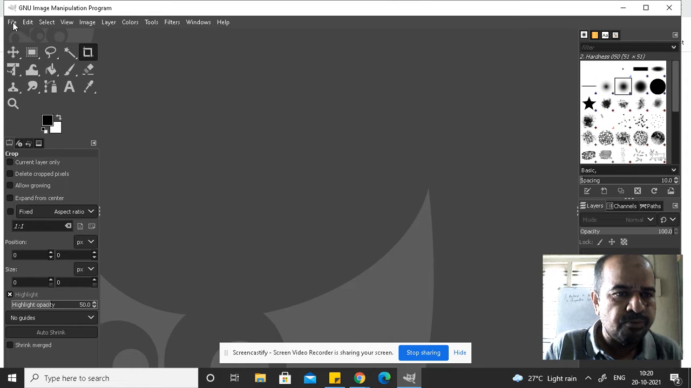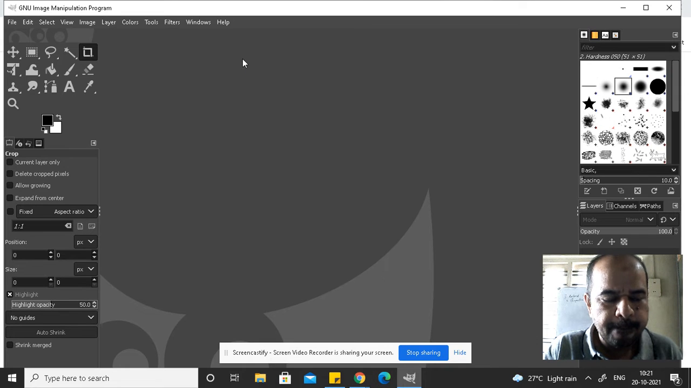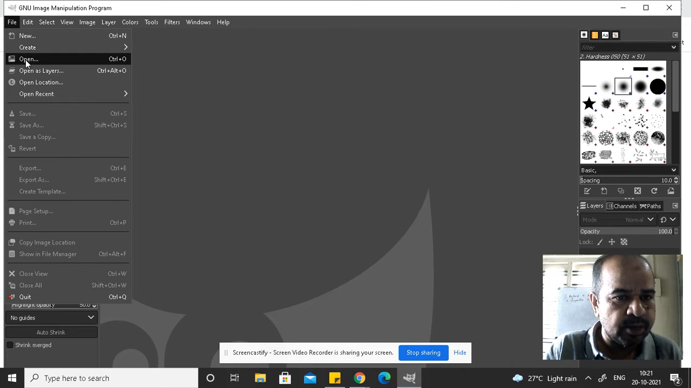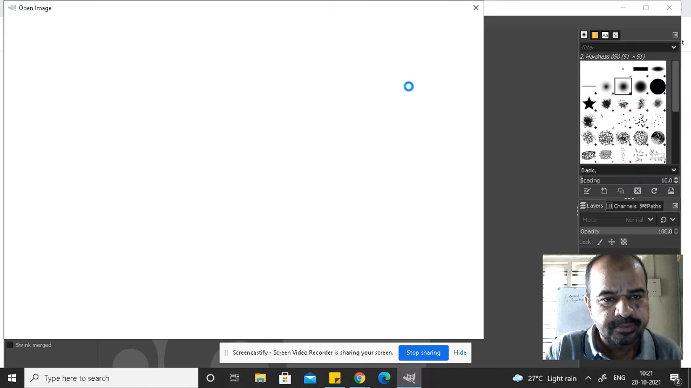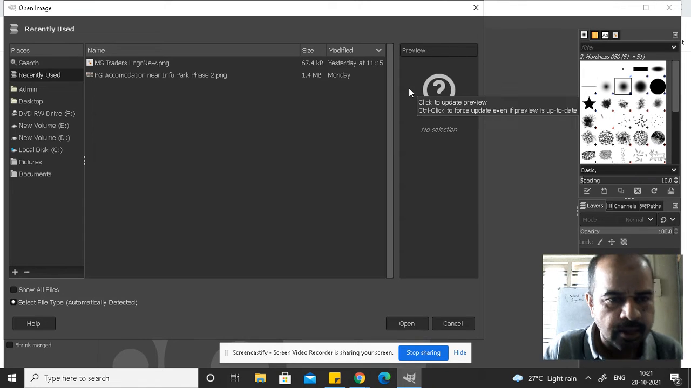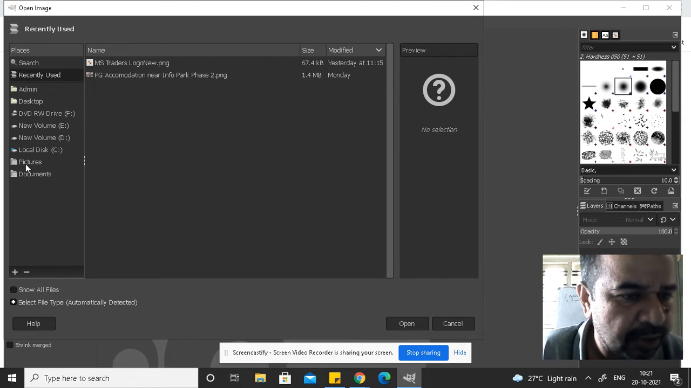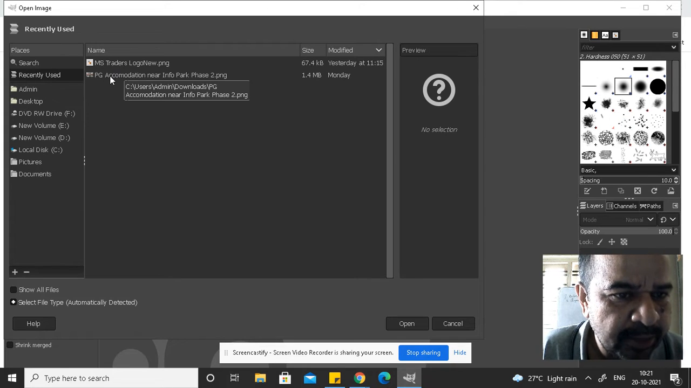Then go to File and open the image that you want to geotag for your GMB posting. So you can click here, open, and you can select the file. You can go to the folder from where your file is saved and you can open it. So I am opening this file,